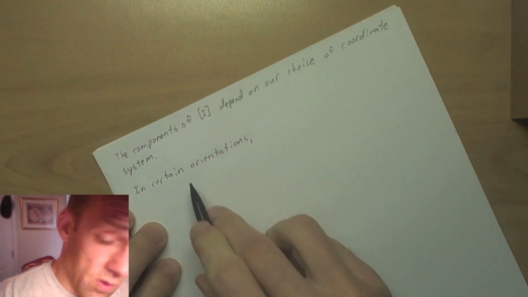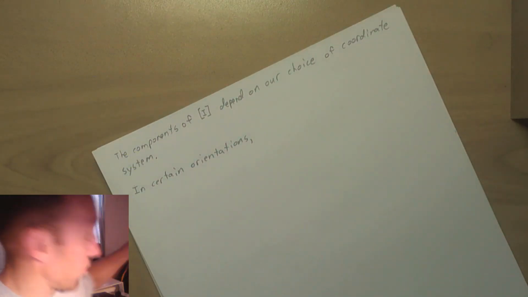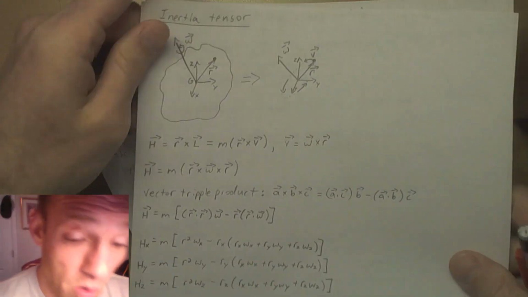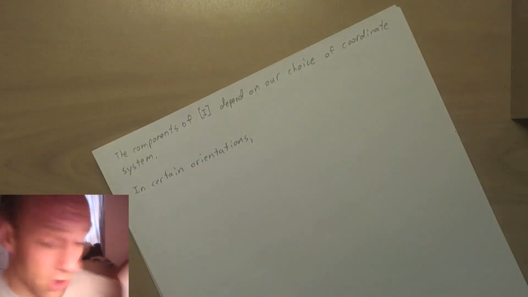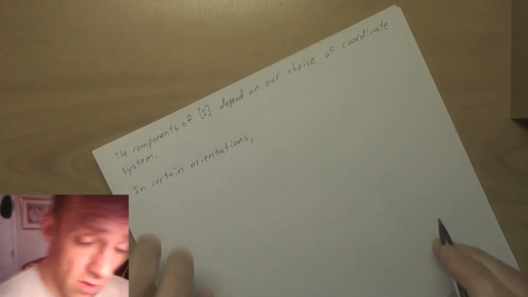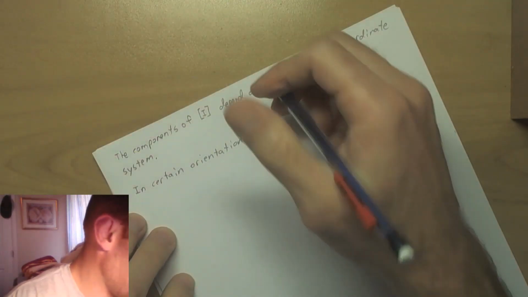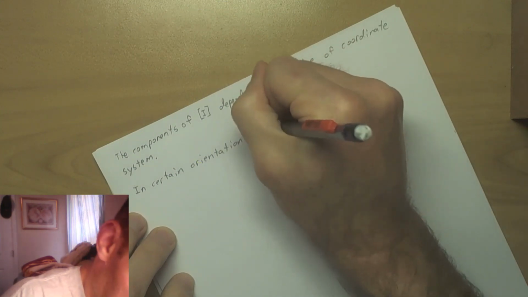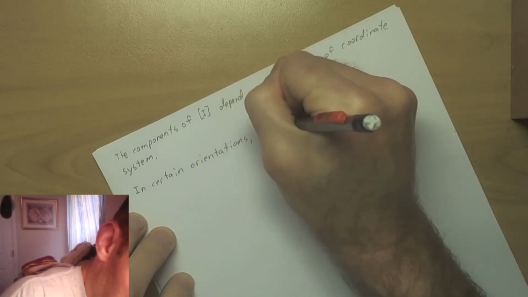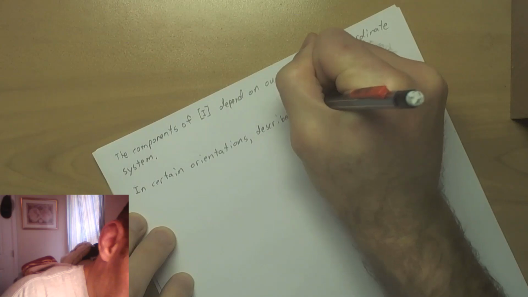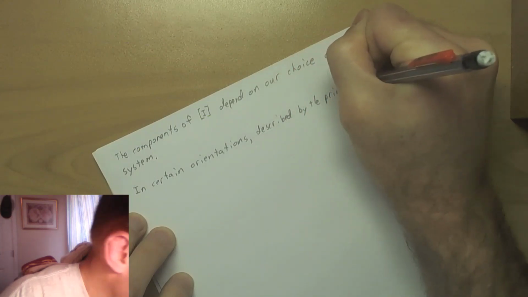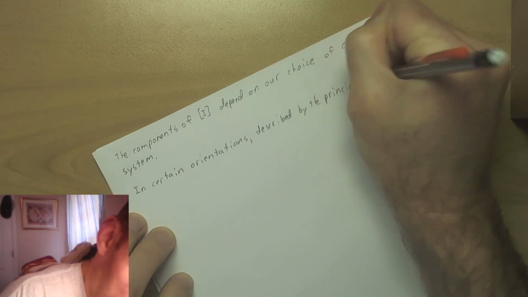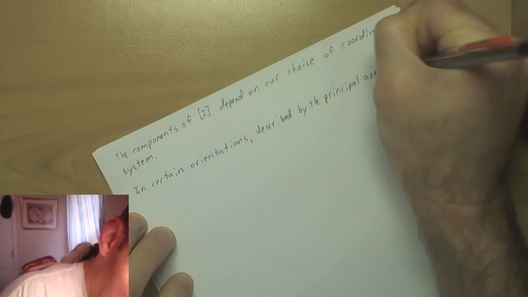Now this orientation is described by three vectors, right? In this case, we chose x, y, and z somewhat arbitrarily. But we could choose x, y, and z to coincide with what's called the principal axes